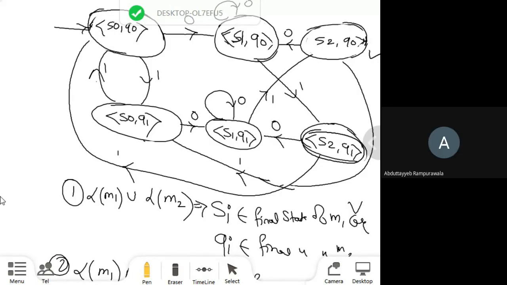Sir, for the DFA, as Chinmay mentioned about 3, in difference it will be S1 and S2, and Q1 should not belong. That way it would happen, no? And for 3 states, 3 final states. Yes, yes. What will come in the difference? In the difference, only a state which belongs to a final state of machine M1, right, and non-final states of machine M2. It may be anything, it may be any states.